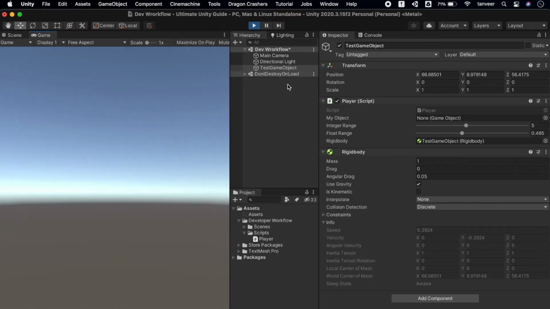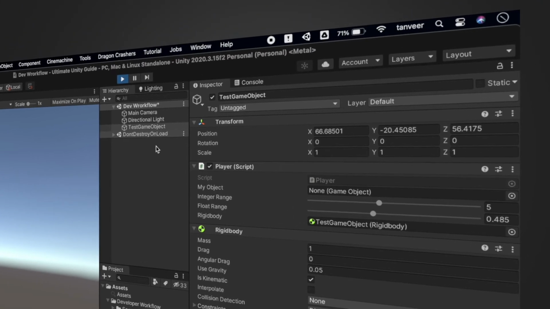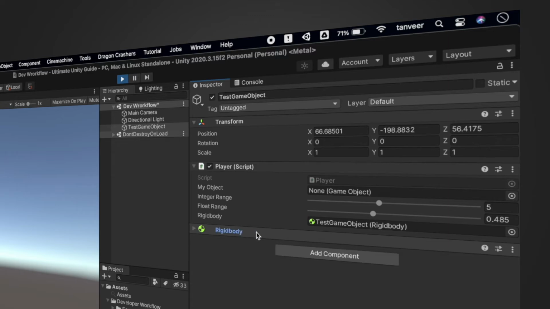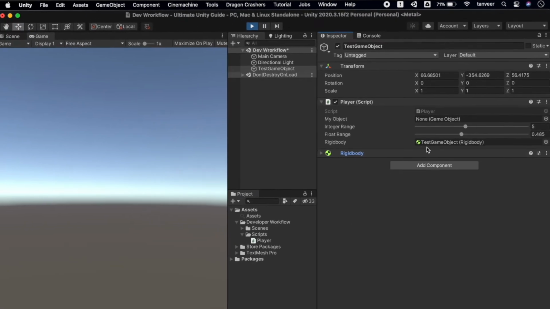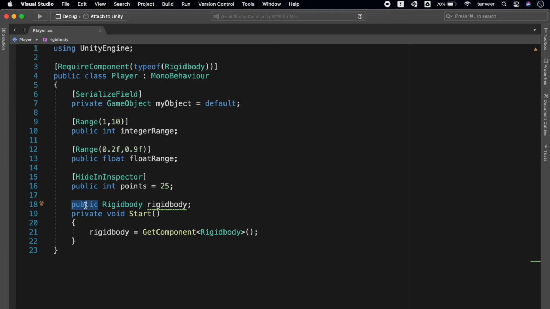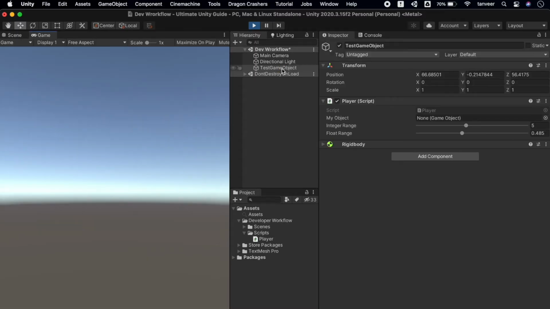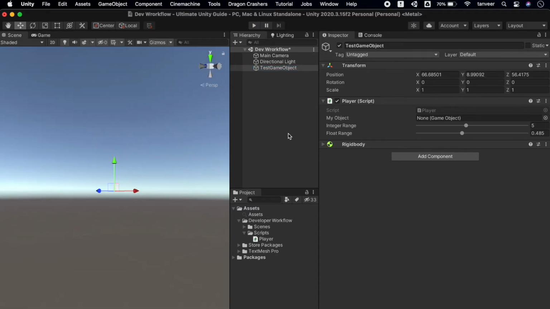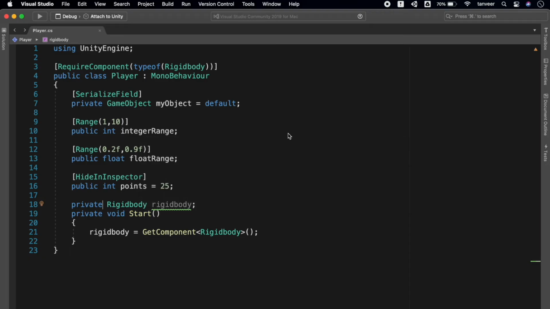Go back to Unity and start the play mode. As we start the project, Unity added a rigid body component to this game object. And from the start method, we get the rigid body component and assign to this variable, rigid body variable. And we can also make this variable a private variable and start the project, and it will work the same as before, just with the difference, it won't show the rigid body variable as it's private now. Making it back to public.